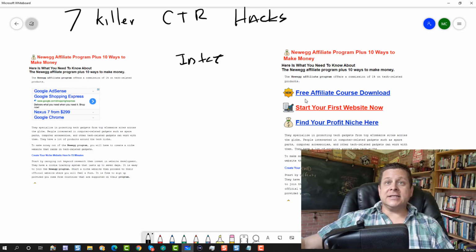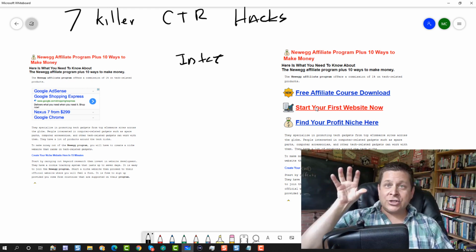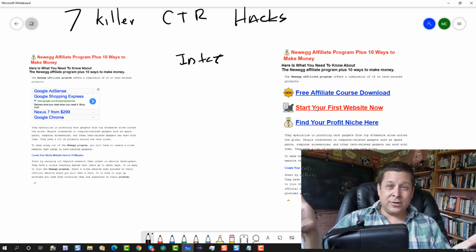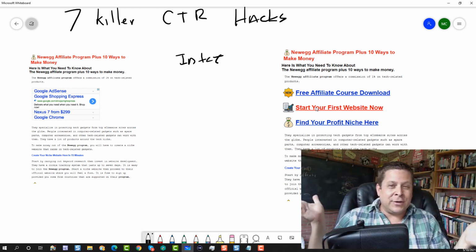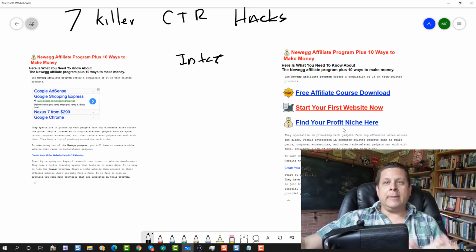So the key is to set up some links or buttons or whatever it is that are going to get your people into the things that they are interested in most. We need to get their attention off of just the generic article, because we don't want to just provide articles for the fun of it. We want to provide articles so we can make money. And we're going to go through and put these links in here like this, and we're going to boost up